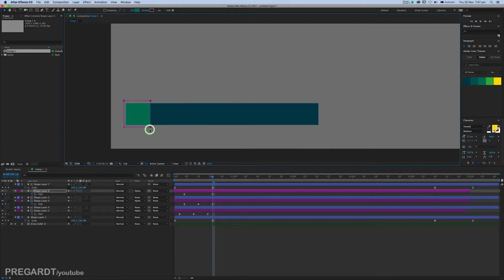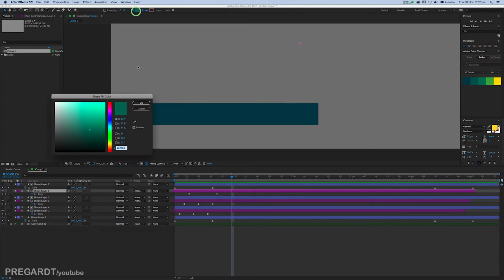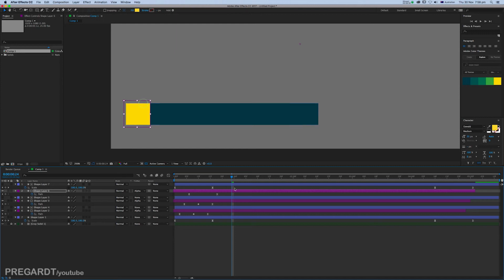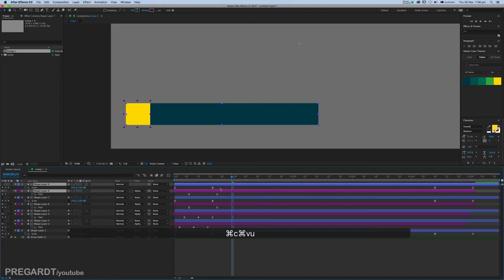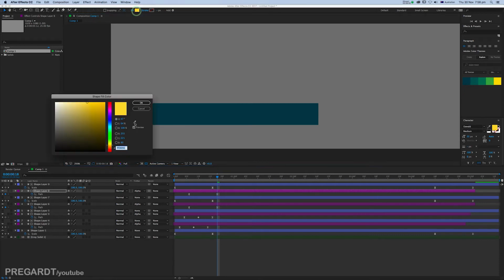I'm going to create a little bit of like this, and you can even recolor this anytime. Let's say yellow, and we're going to copy it again, and basically just build,